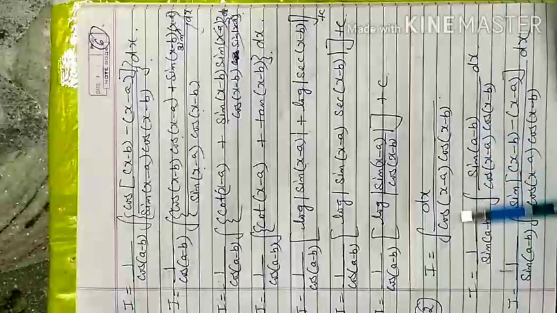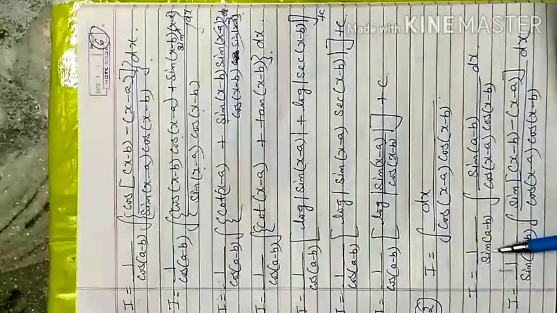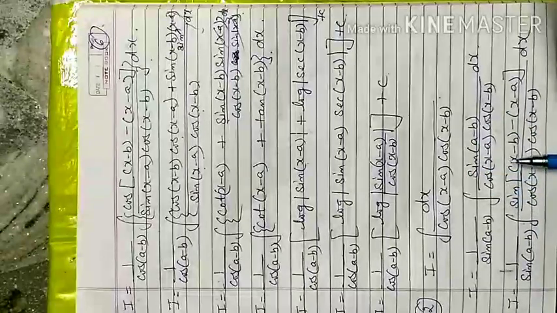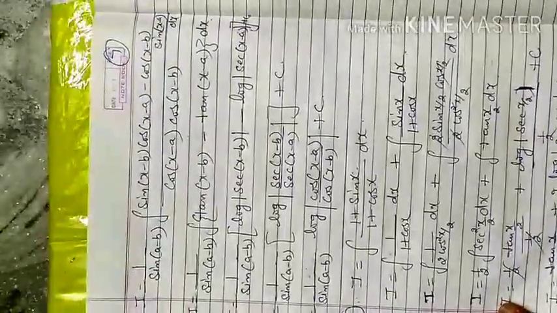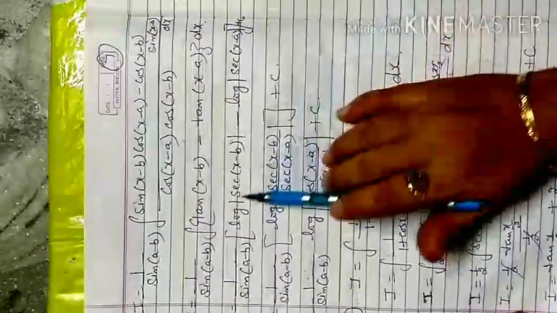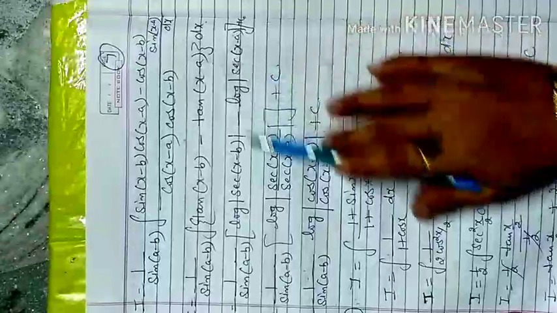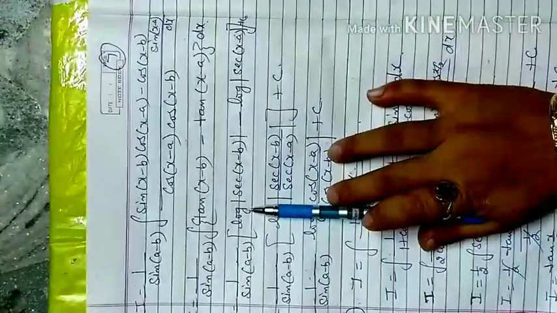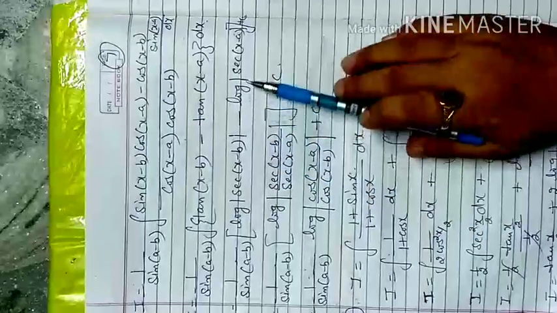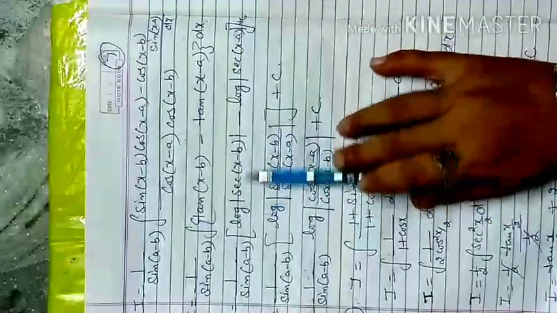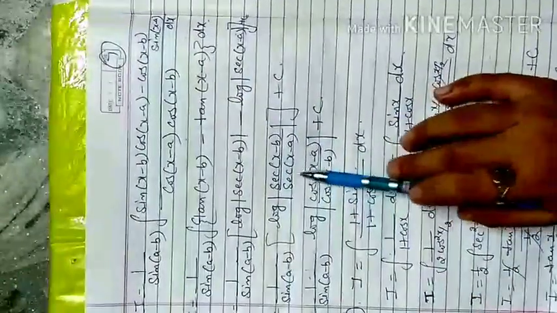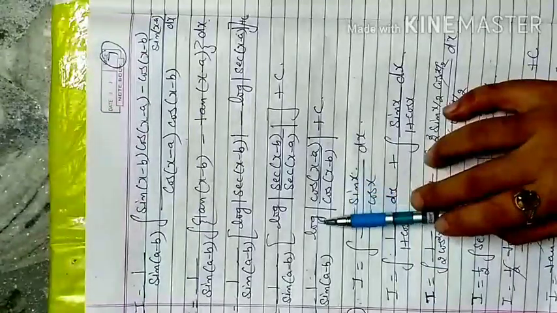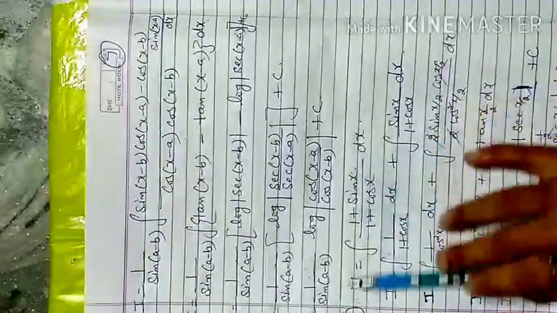Now here both terms are cos, the same, that means I have to take sin a minus b. Now a minus b is adjusted with the denominator angles, apply the sin a minus b formula. After applying the formula, when you separate the denominator, we will get tan x minus b minus tan x minus a. So the integration of tan is log secant x minus b minus log secant x minus a. By the log m minus log n formula, log m upon n, but when you change, secant is the reciprocal of cos, so interchange with each other. So my required answer is log cos x minus a by cos x minus b plus c, with 1 upon sin a minus b.